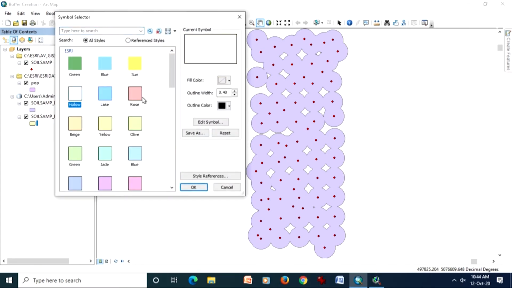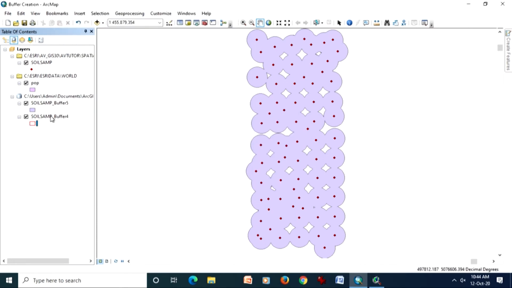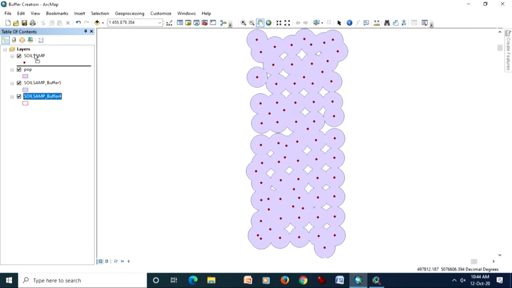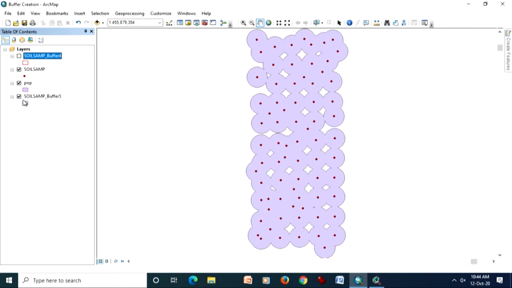And what I am going to do is overlay the previously created buffers on top of this, so you can see what I am talking about. See, these red circles are showing those overlapping buffers, but the new buffer which has been created is without any overlap, and all has dissolved. So it looks more realistic and more useful than the one with overlap. So this care must be taken.